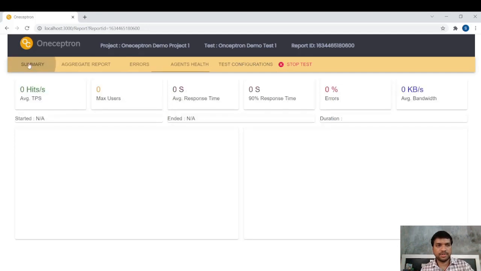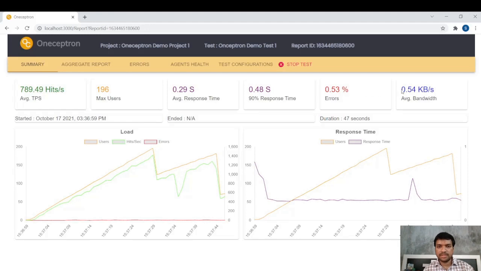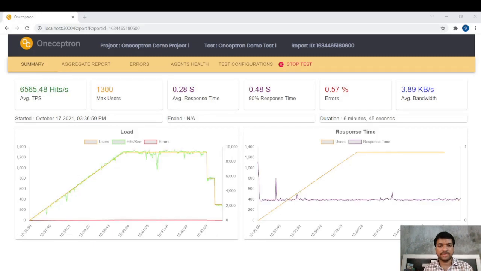This is the summary page where we can see TPS, users, response time metrics, errors and bandwidth. We can see load versus response time graph distributions as well. Now all users have ramped up. We can see number of users over time, hits per second over time, errors rate over time, and response time